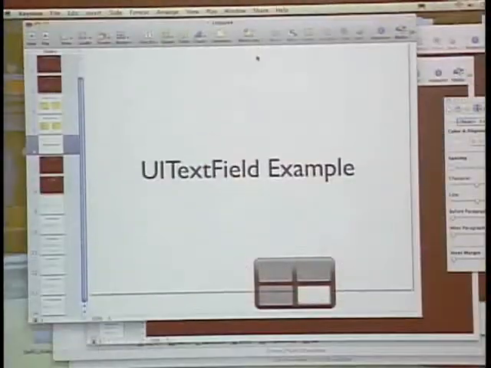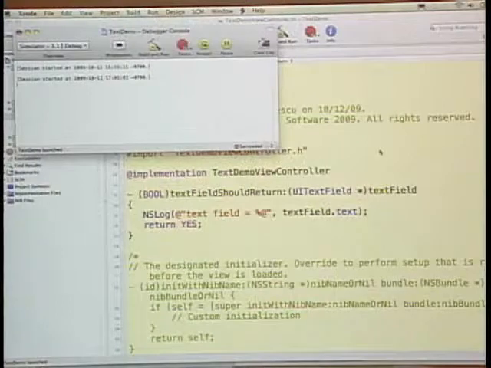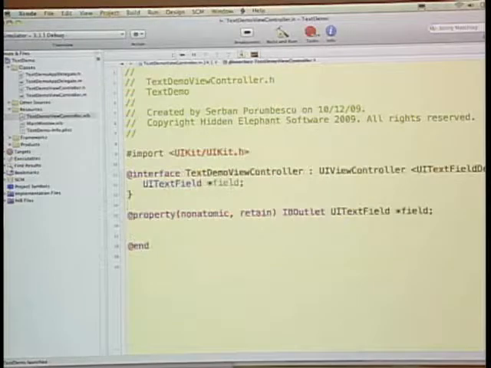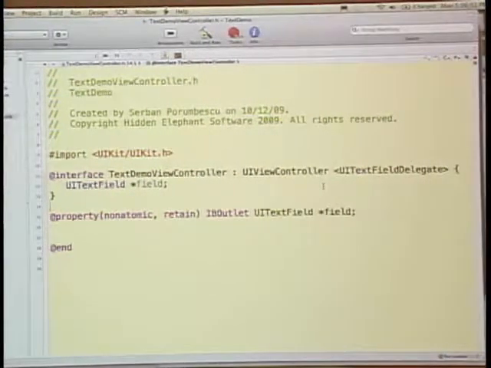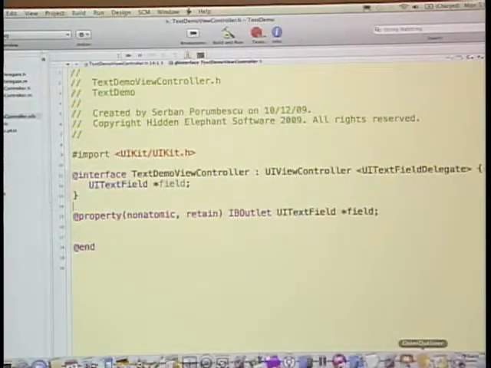So if you remember from this little demo here, this boss object has a variable that's a delegate, and basically the delegate has to point somewhere. And so far I haven't actually told the text field who its delegate is, at least I haven't told it in Interface Builder. We know that our text demo view controller adopts the protocol, but we never actually told the text field that the text demo view controller is our delegate. So if we head back over to Interface Builder